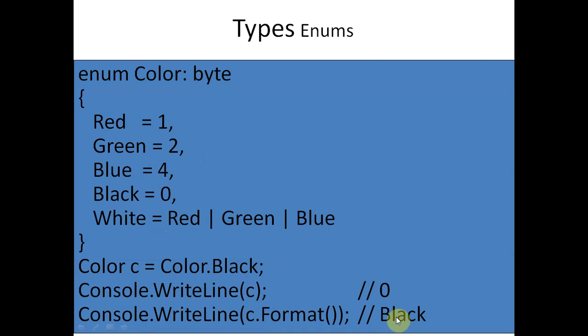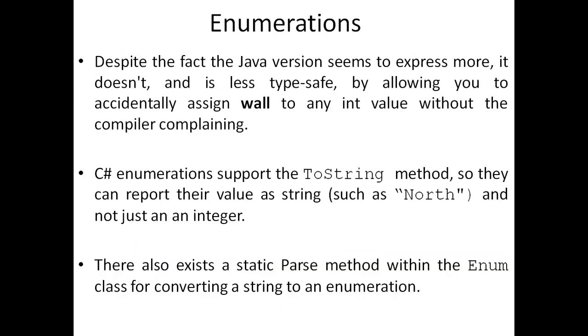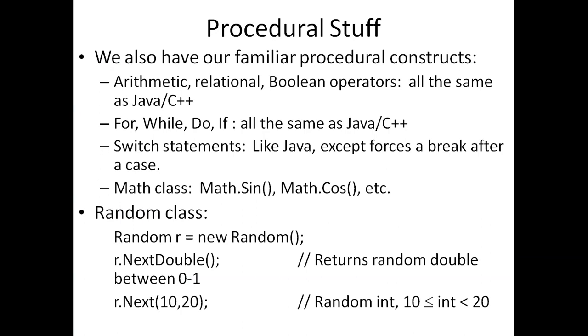So this is the difference between the enumerator type of Java as well as the enumerator type of C#.NET. Here this code is given, and in case of C#.NET we have this code, and in case of Java we have this code. But in Java we have the type safety problem. So that's why the C# enumerated type is the better option to tackle such a situation. So now this is all about the enumerator type.